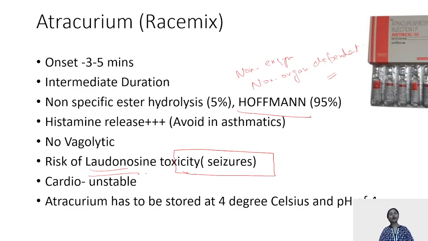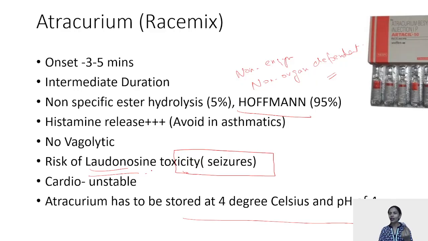I've already told you, succinylcholine, bradycardia; rocuronium, vagolytic; pancuronium, vagolytic; atracurium, because of its histamine release, it's not cardiac stable; and eventually vecuronium, which is a cardiac stable drug. Atracurium is not stable at room temperature and it gets degraded very fast, and thus atracurium should always be stored in refrigerators at a temperature of 4 degrees Celsius and pH of 4, because at physiological pH the Hoffman degradation